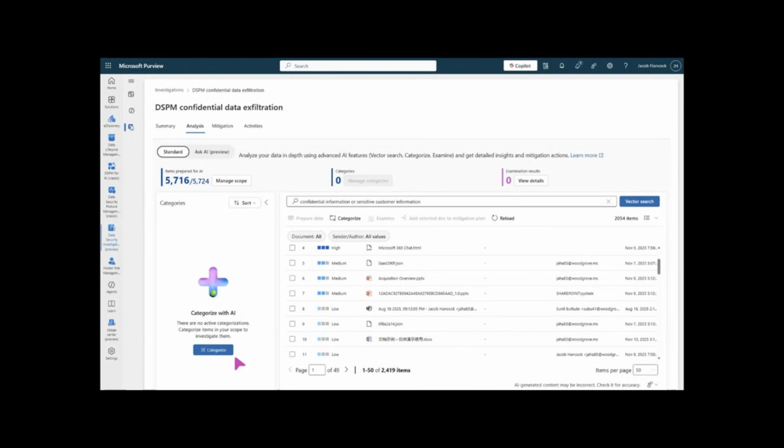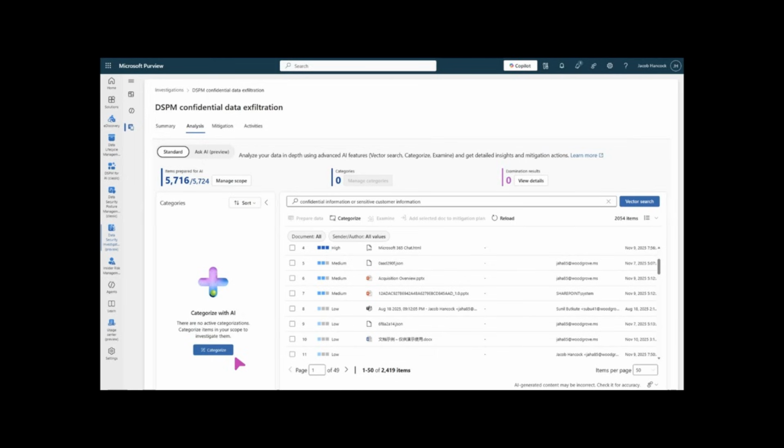When I pulled the data, it ended up being about 5,700 items. And typically the first thing I need to know as an investigator, with a pile of thousands of documents, is: can you categorize that data so it makes sense of what kind of risks are there? So one of the first things we give you in DSI is this notion of categorizing the data. Think of categories as coming in three shapes. And by the way, you can see here in this screenshot that I took in one of my demo tenants what I was saying earlier.